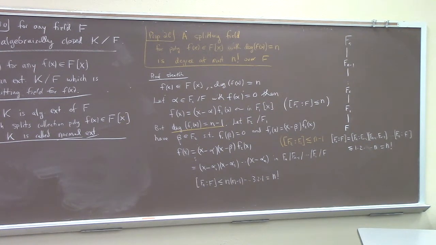Now, definition. The field F bar is called an algebraic closure of F if F bar is algebraic over F